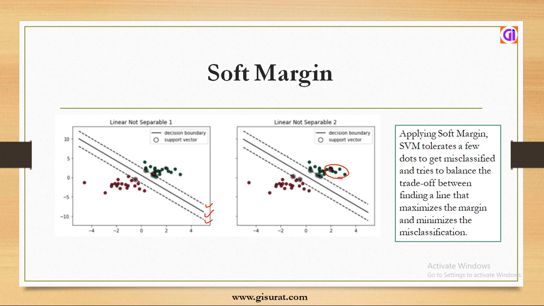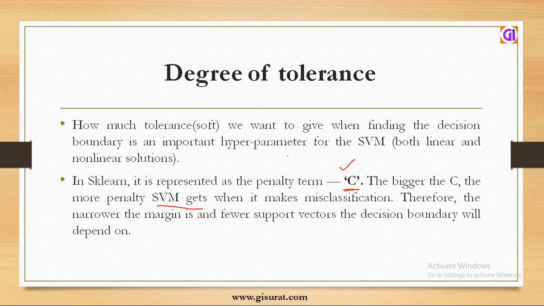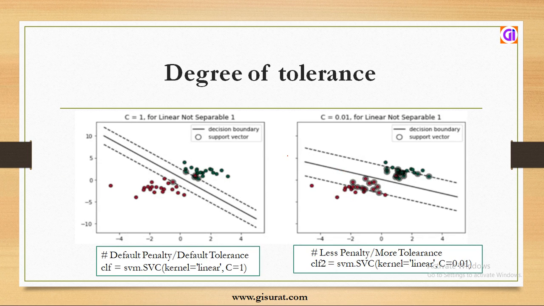So if you have a little noisy data, we can manage it with a small value of C, then you have to go with the soft margin. But if you have data where you have to increase the value of C a lot, do not use the soft margin. Just go with the kernel tricks. Okay, like this type of